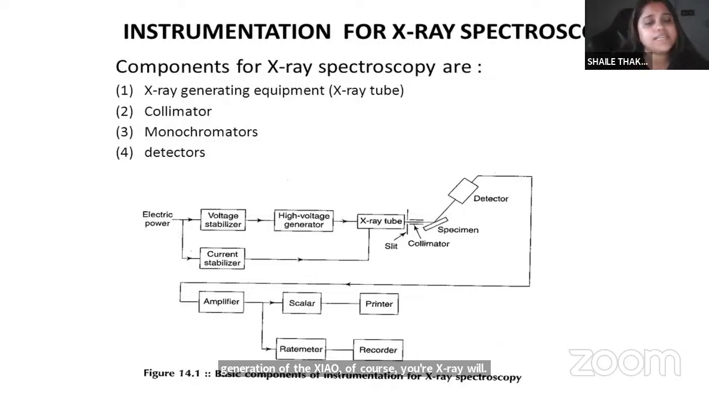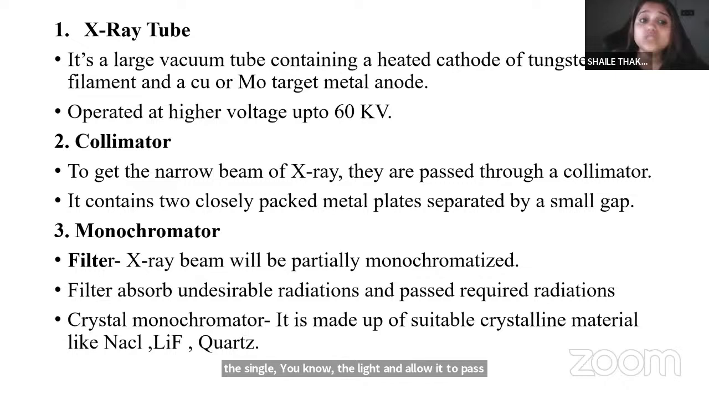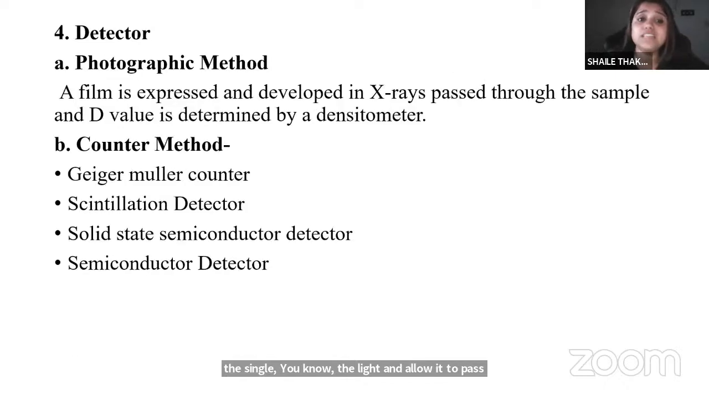Then there will be the collimating lens or the collimator, and another one is your monochromator. So basically, the collimator lens and monochromator will select the single wavelength or the particular filtered wavelength of the light and allow it to pass further. And then last but not the least, the detectors. So detectors are basically the sensitive heart of the spectroscopy. The detector gives you the final result in the form of the spectra, and that spectra you need to analyze